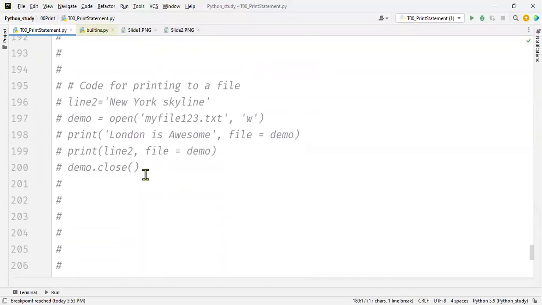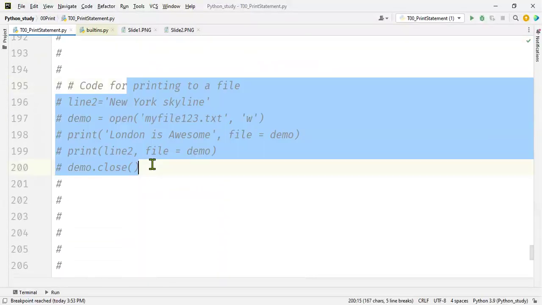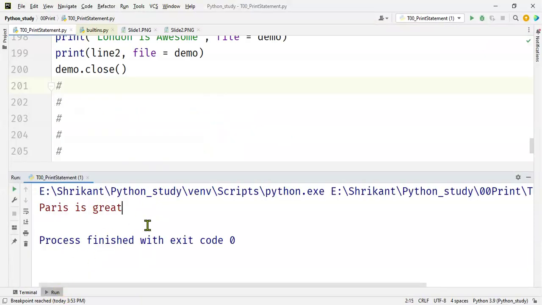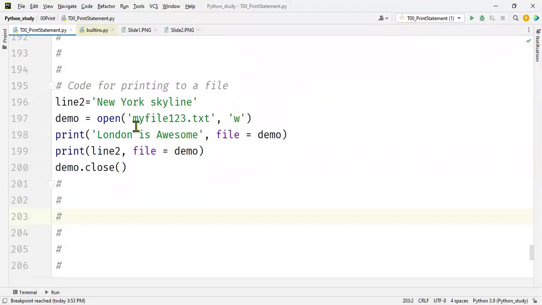Okay, now let's see how to write something in a file. Using the print statement, how can you write to a file? A file is basically a stream, dumping on a disk instead of dumping on the screen. To take a very simple example, now I want to print this line, London is awesome,